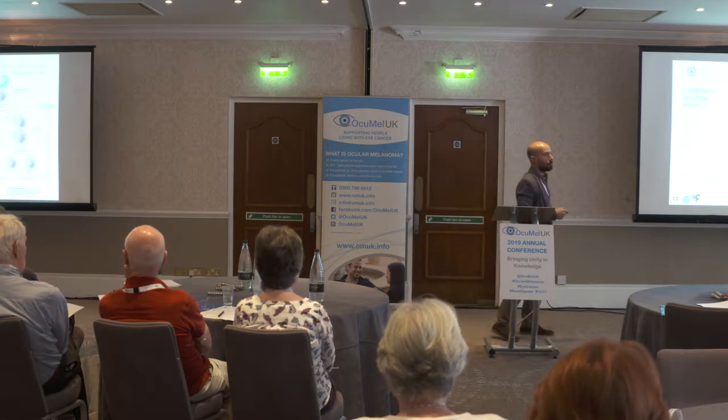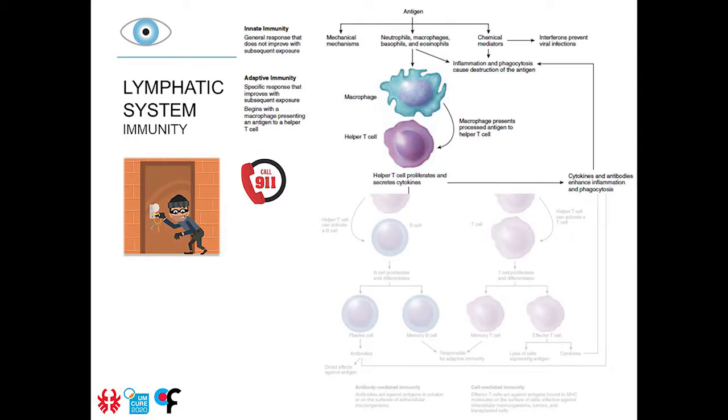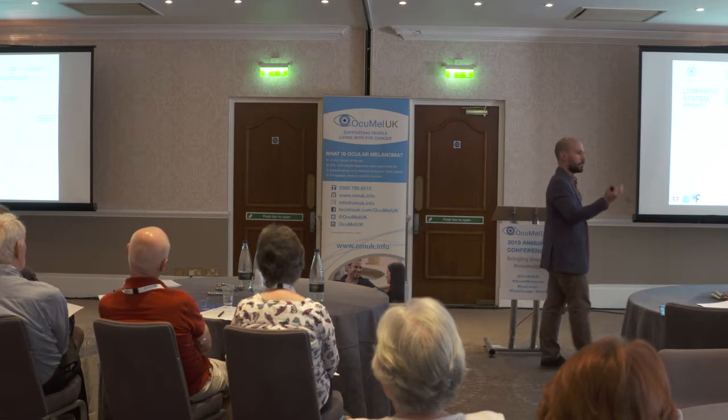And then let's go back to the cells again. So you have this antigen recognition that we spoke about yesterday. The first line is innate immunity. Sorry about that, it's very small. But here you have the mechanisms of innate immunity, so mechanical mechanisms, so barriers. The first cells, so neutrophils, macrophages, and chemical mediators that act for all the external stimuli. So it's innate. You were born with it, okay?